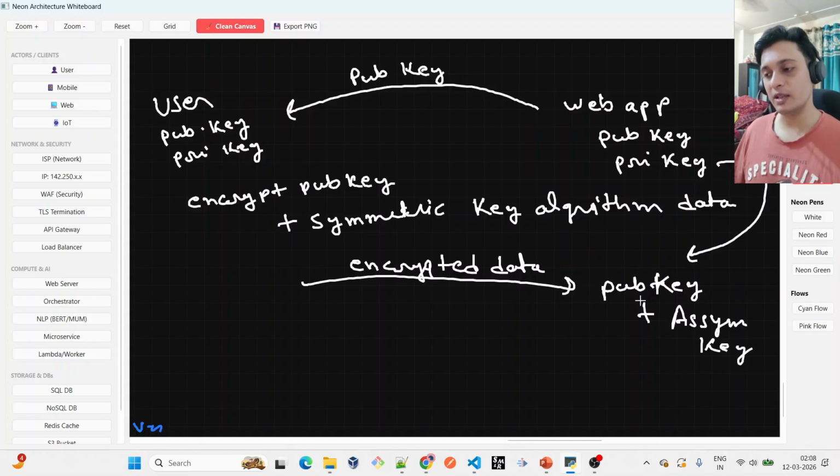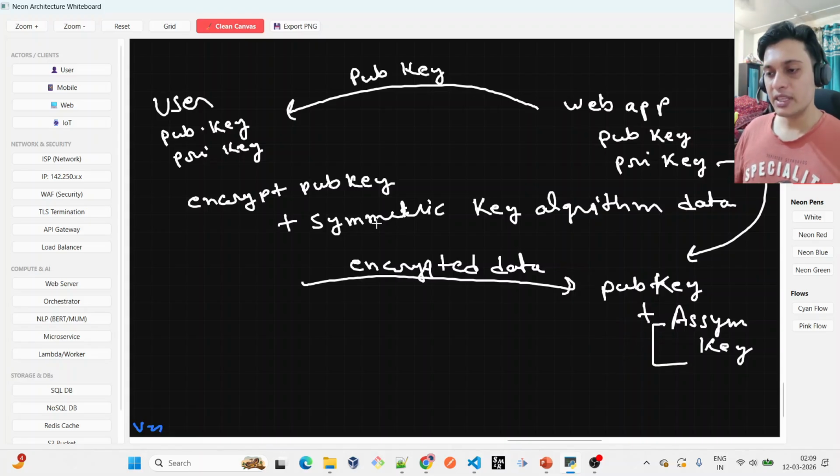Private key will come to the rescue, and it will again differentiate the public key and the asymmetric key. So now at the web application, it knows that this is the asymmetric